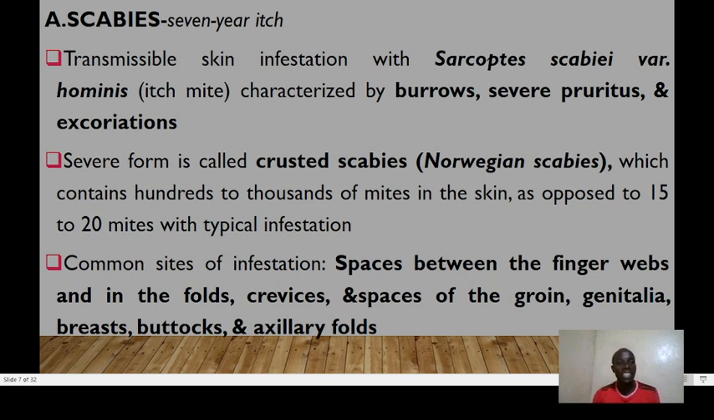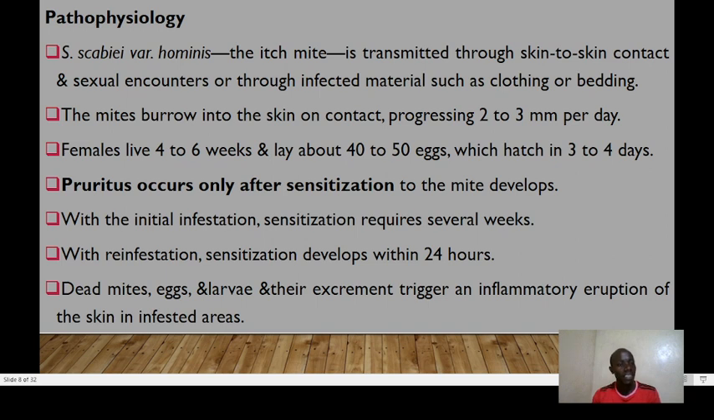Common sites of infestation include the spaces between the finger webs and the folds, crevices, and spaces of the groin, genitalia, breast, buttocks, and axillary folds. Sarcoptes scabiei, the itch mite, is normally transmitted through skin-to-skin contact and sexual encounters, or through infected materials such as clothing and bedding. The mites will burrow into the skin on contact, progressing 2 to 3 millimeters per day. Females normally live 4 to 6 weeks and lay about 40 to 50 eggs, which hatch in 3